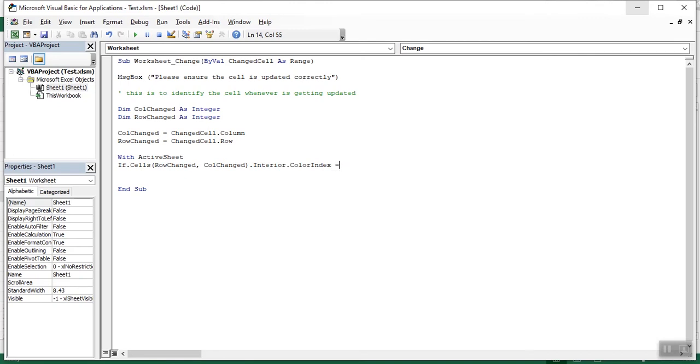Let's put 44. Well, then what? So there is one statement we need to write. Then this is completed.